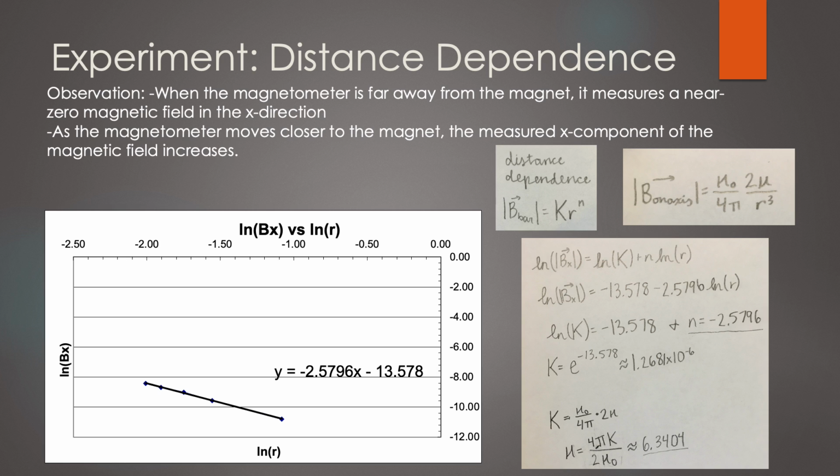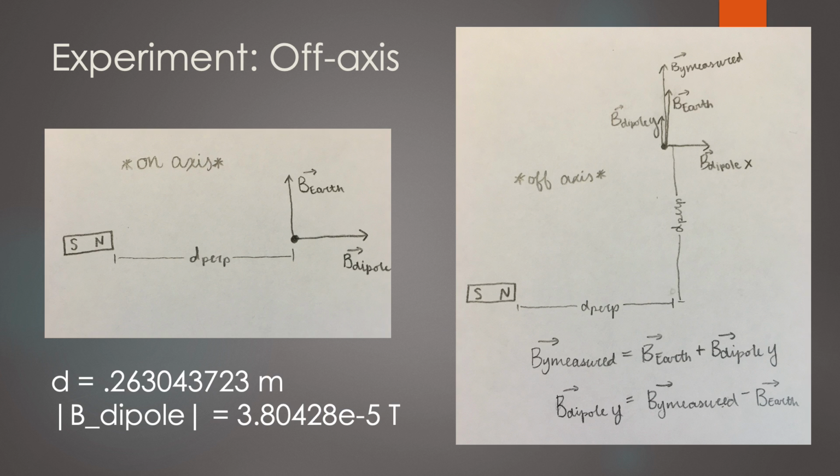I found n for the distance dependence, which was the slope of the line of best fit from the graph, to be fairly close to 3, and I found the k constant from the line of best fit, which I set equal to the constants from the magnetic field formula to find the dipole moment. These calculations are shown. Then for the off-axis experiment, I first found the on-axis distance d perp from the magnet